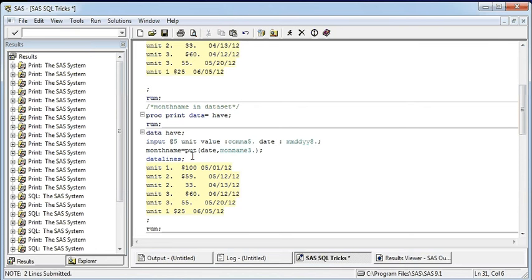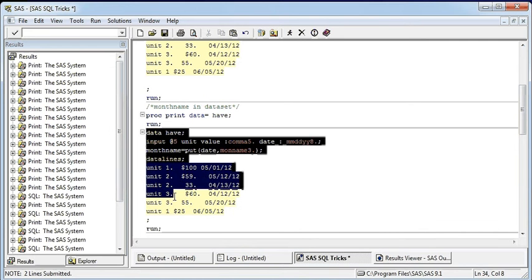In that I'm going to put this statement: put date, and month name, this date format, month name 3 dot, then close the bracket. I'm going to run this and see how it is created.